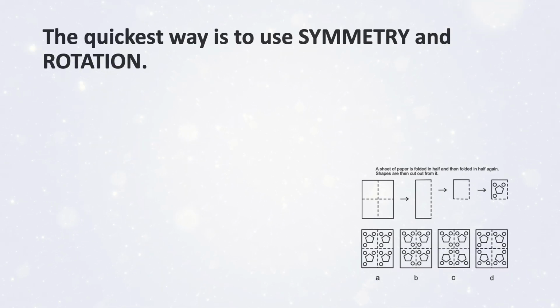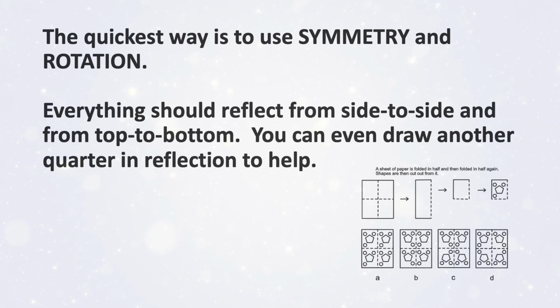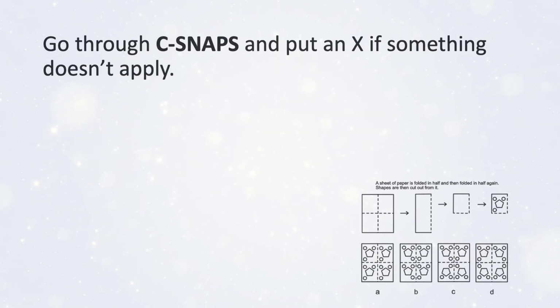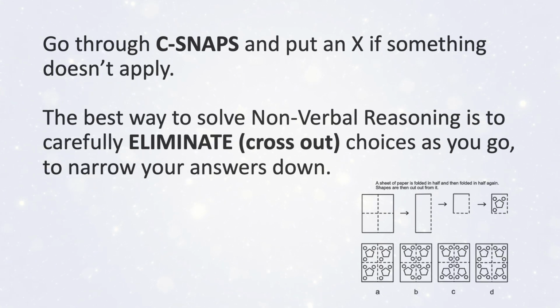The quickest way is to use symmetry and rotation. Everything should reflect from side to side and from top to bottom. You can even draw another quarter in reflection to help. Go through the choices and put an X if something doesn't apply. The best way to solve non-verbal reasoning is to carefully eliminate or cross out choices as you go to narrow